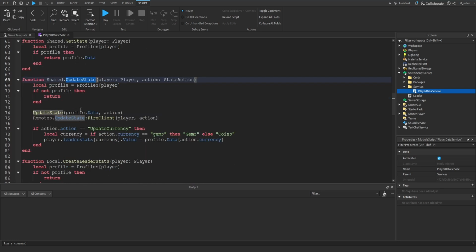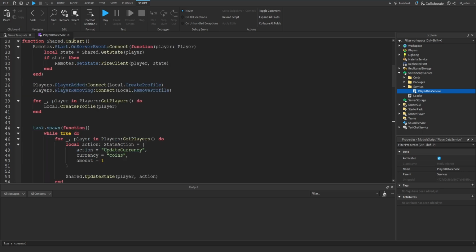But if you want to ever modify the player state, you would actually use the update state function, which we'll cover shortly, because we actually have to go over the entire state manager and how that works. Now, to abruptly end the player data service explanation there, it ties into what we're talking about now, which is the state manager. And like I said, state is a synonym for data. So we're essentially talking about how we manage the player's data.